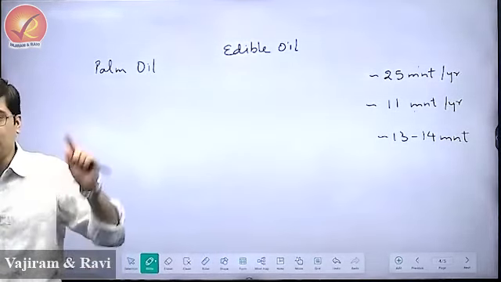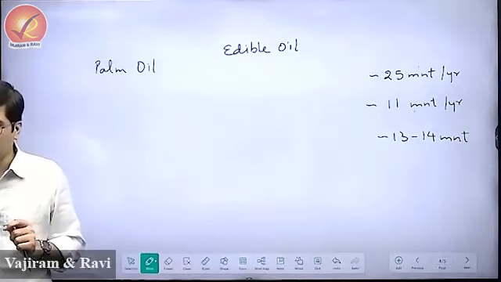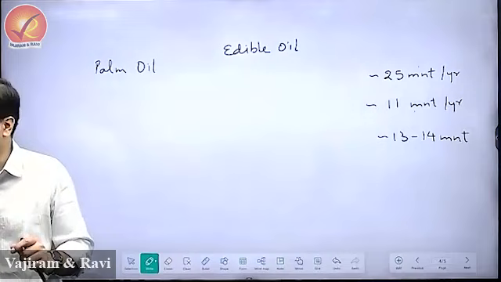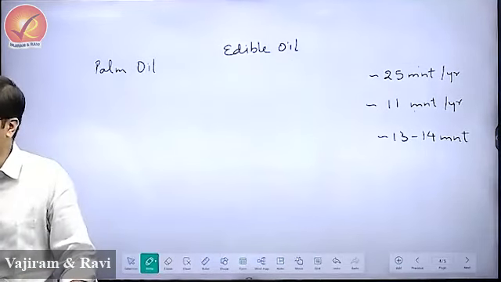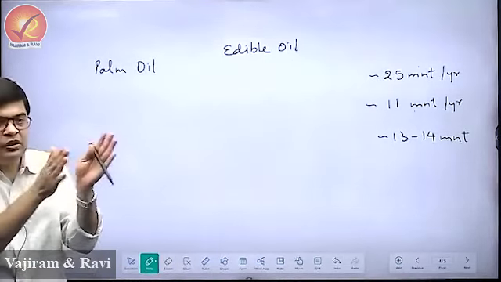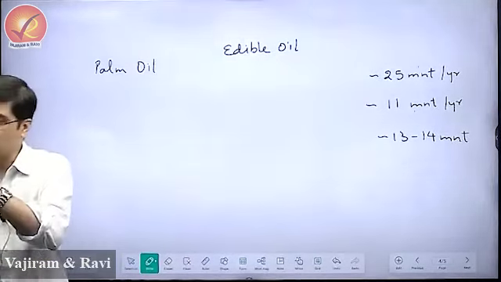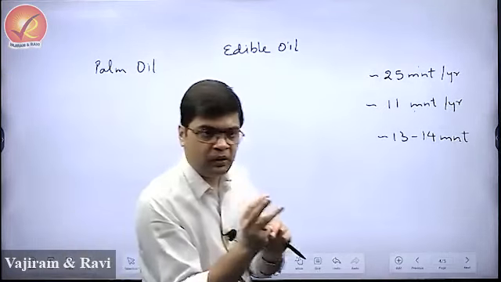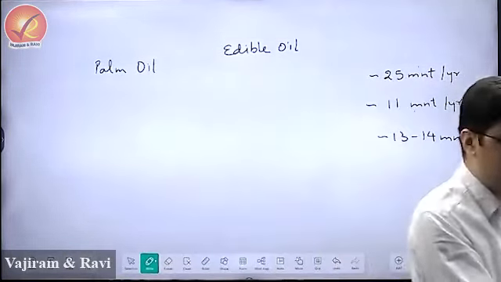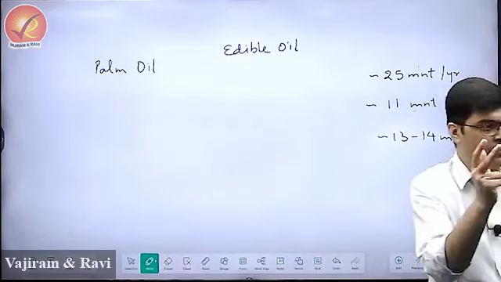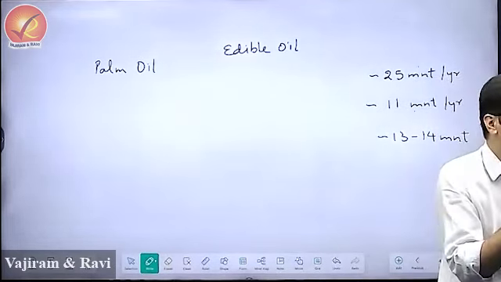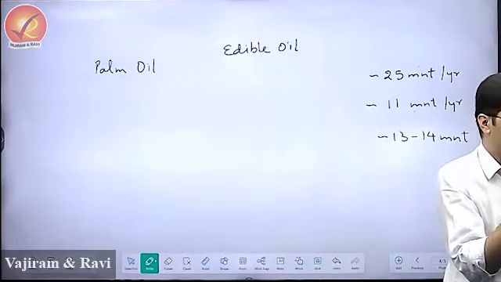Now the question is, when we look at the edible oil that is consumed in the country, maximum consumption in the country is of palm oil. Now we don't use palm oil in our kitchen. Normally we do not see kitchens using palm oil. Where is this palm oil being used then? Processed food is where we are going to use it. Cosmetics, let's say soaps, lipsticks, lip balms, in all of these we are using palm oil. Fast foods, that is processed food, okay.